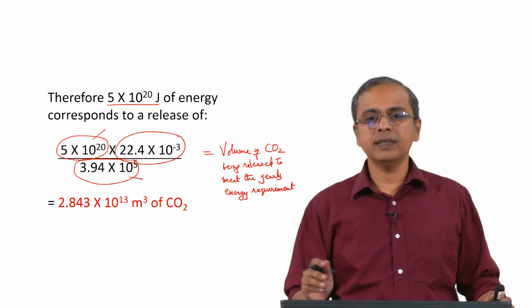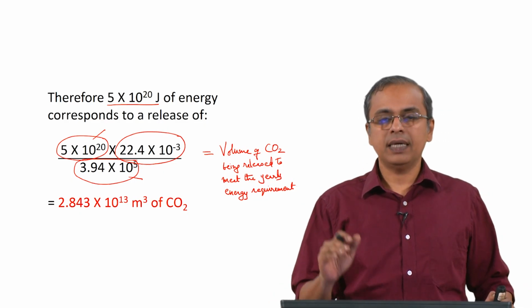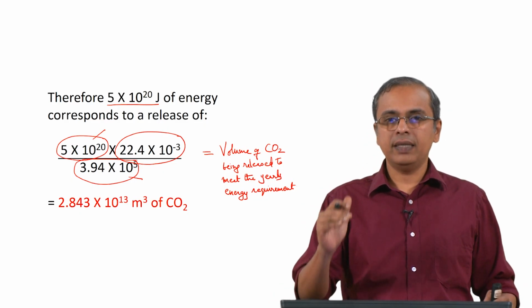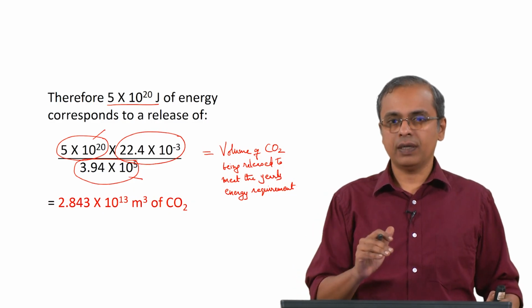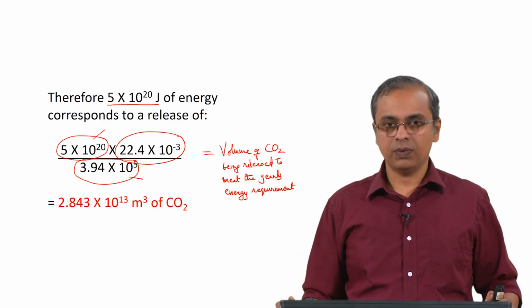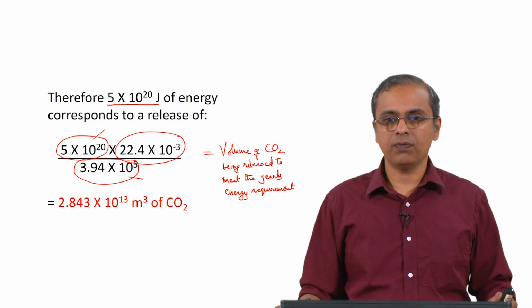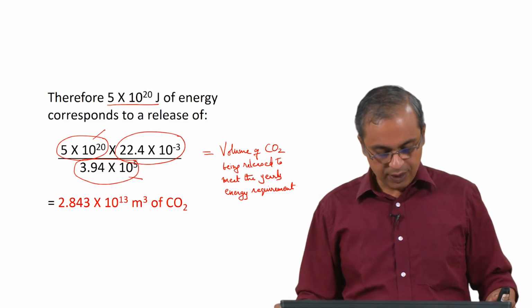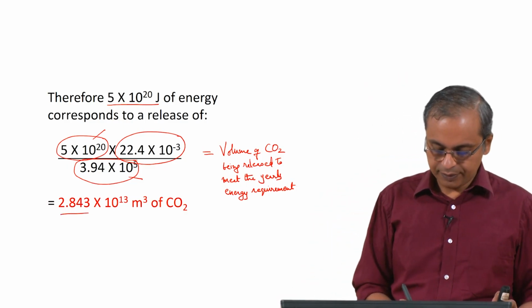Okay, so this is the total volume of CO2 that is being released to meet the annual energy requirement of human beings. So for all of us put together, this is the total volume of CO2 that is being released. So that is this number that you see here,